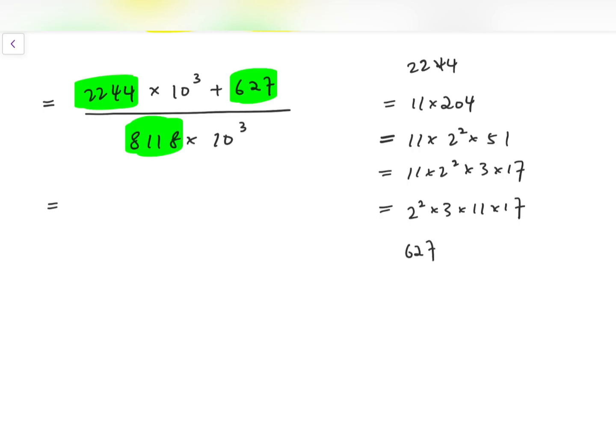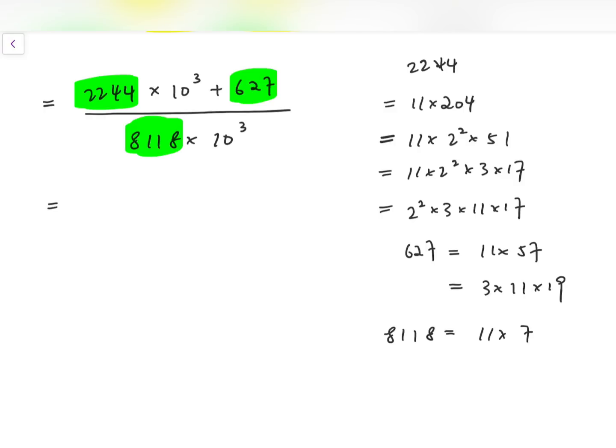Now for 627, it's also a multiple of 11, and so it's 11 times 57, 3 times 11 times 19. That's the second number. While for 8118, it's also a multiple of 11,